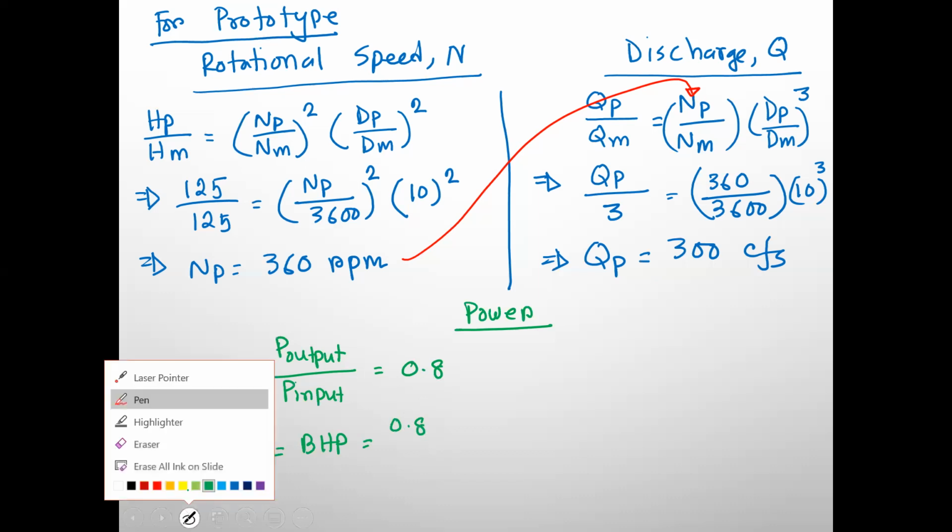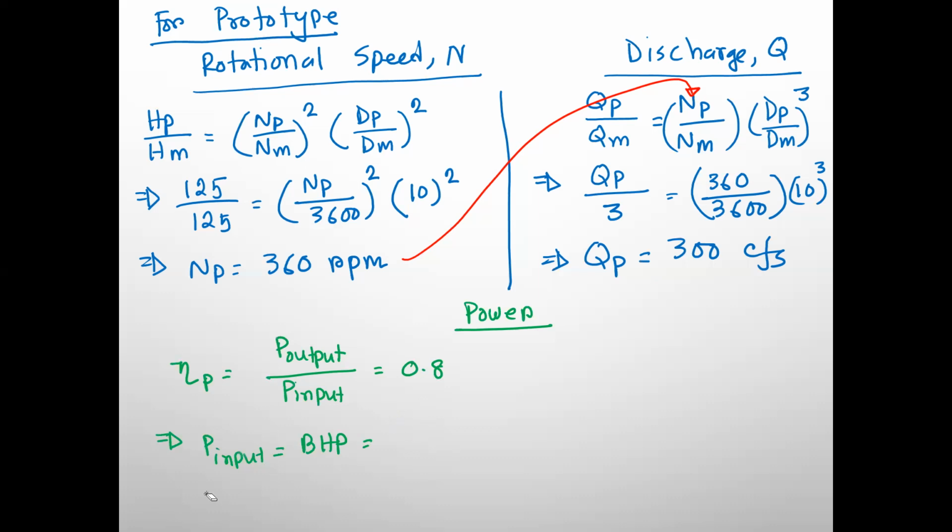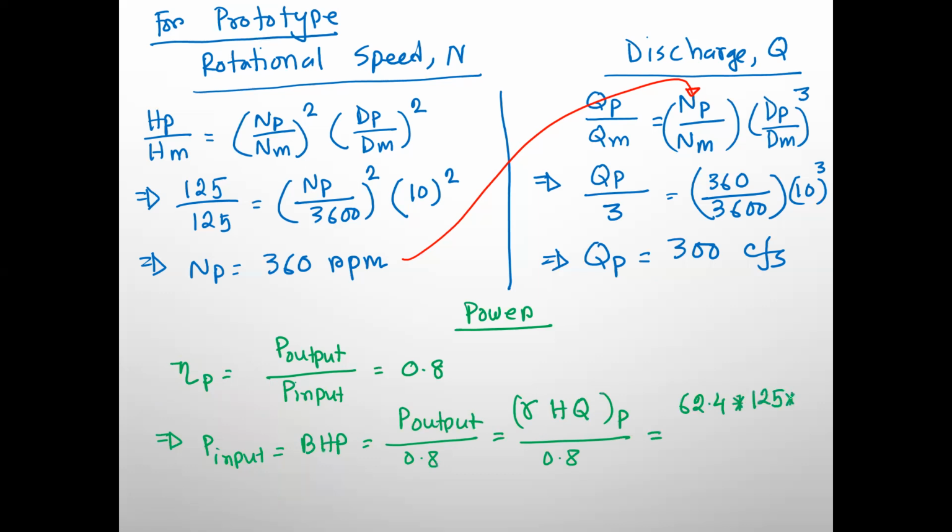Sorry, it will be power output over 0.8, and power output is gamma HQ again for the prototype, over 0.8. Gamma is again 62.4, H is 125, and Q is this time 300.8. So we got